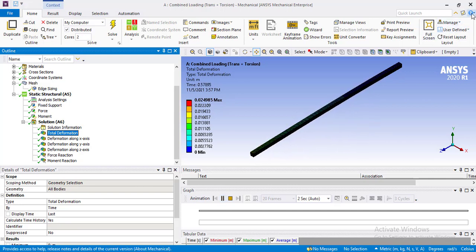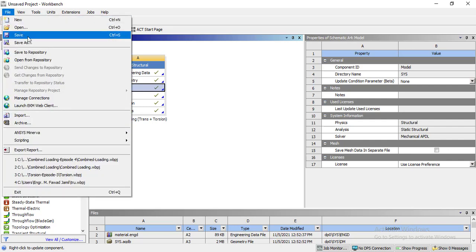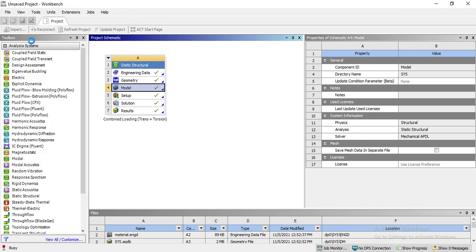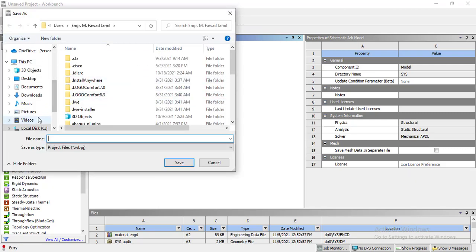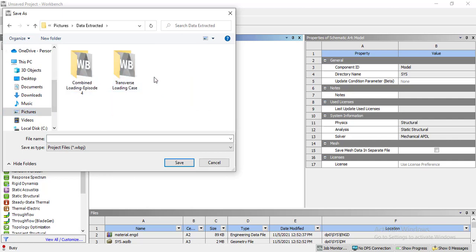Kindly close the ANSYS mechanical window and go to the ANSYS workbench window. Now we will save our project. In order to save the project, click File, Save As, and then go to any directory where you want to save your model. Let's suppose I want to save my model in this folder.